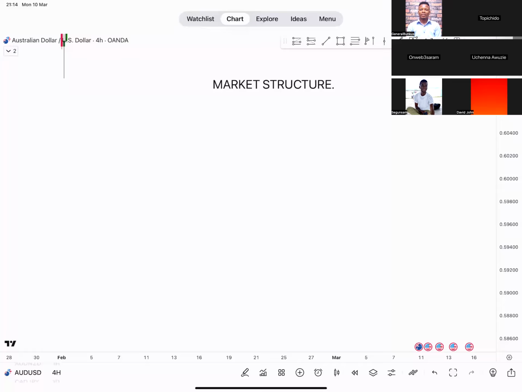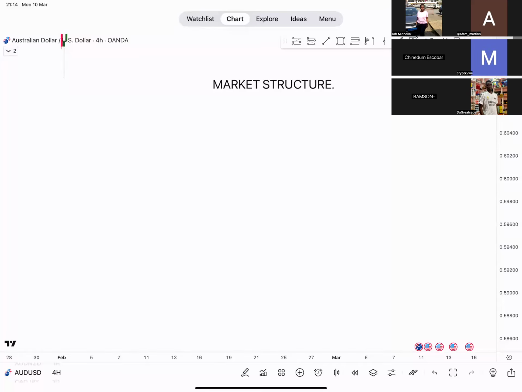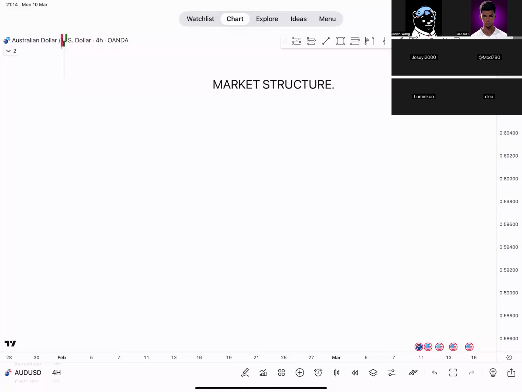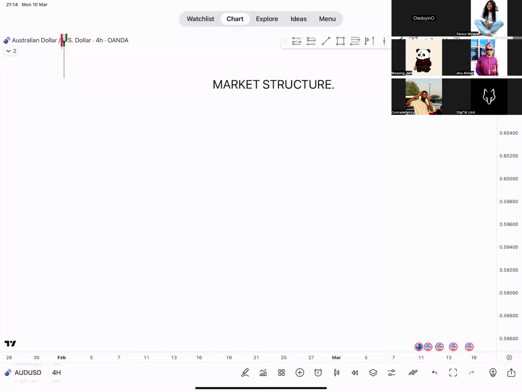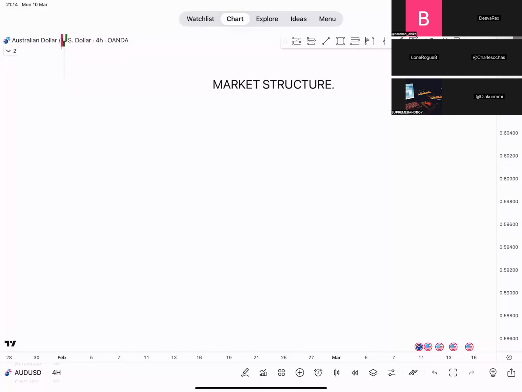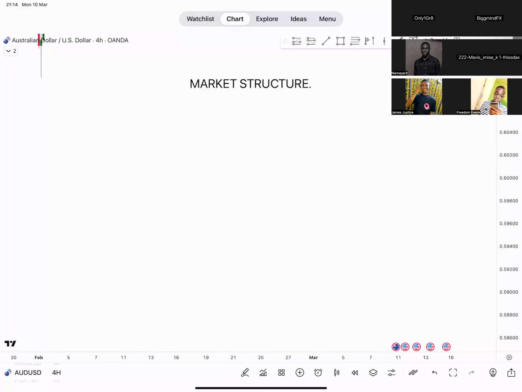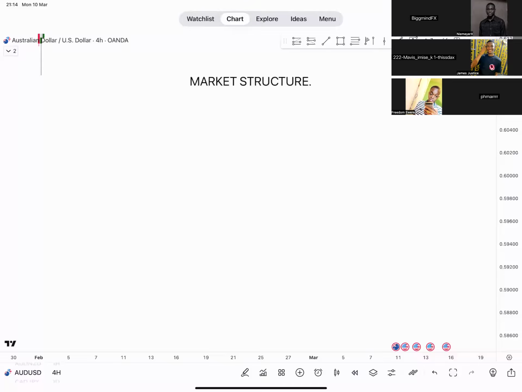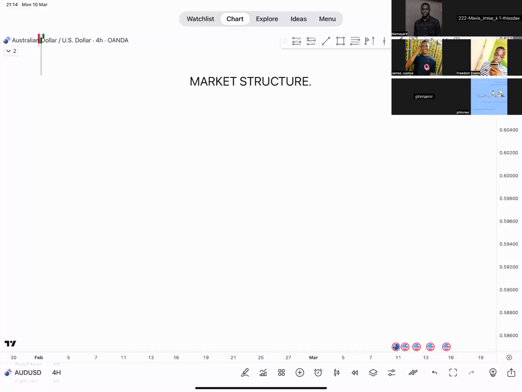expect. Now, when it comes to trading, whether you're trading the forex currencies, or the synthetics market, or the cryptocurrencies, no matter the strategy that you trade with, there is one thing in common with all of these strategies, which is market structure. So whether you're trading support and resistance, SMC, ICT, Phantom, Wyckoff, whatever name they call it, any name that you have chosen to rebrand your strategy as,